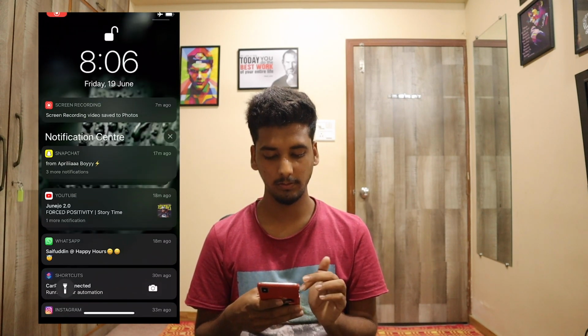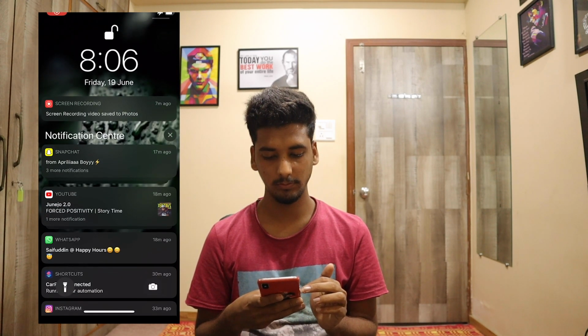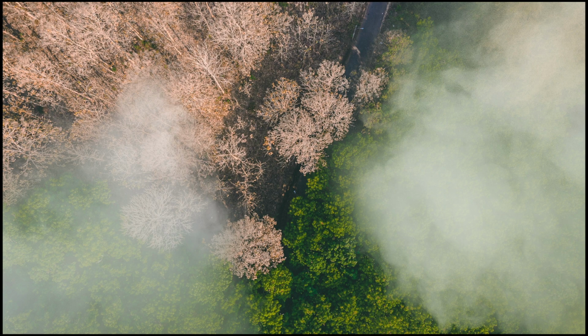Cool. So after exporting the picture, it looks like this. So yeah, this is how the picture looks. I hope it looks a little bit like cloud, not like fog. So I tried my best. I don't want to go too much into technicality and all. I just want to show so that everyone understands.